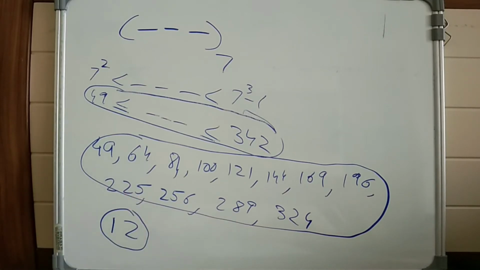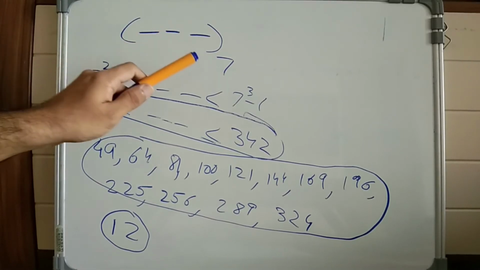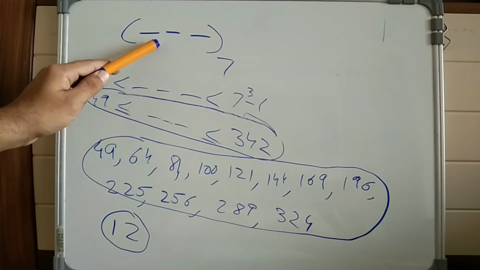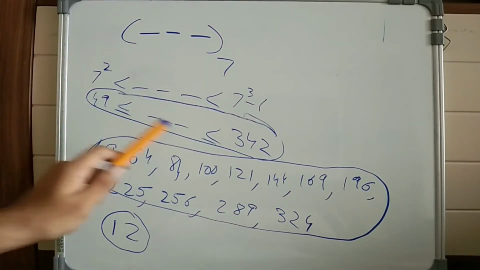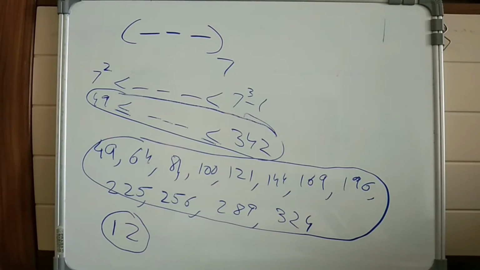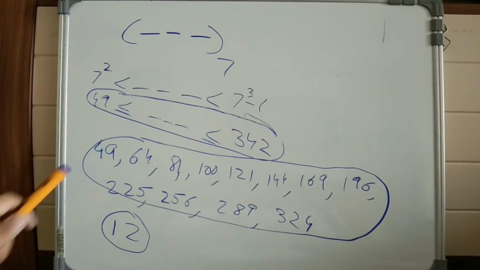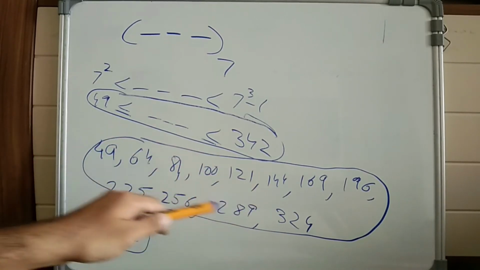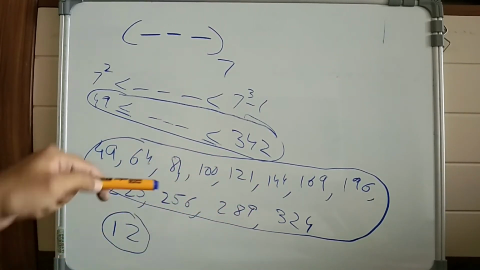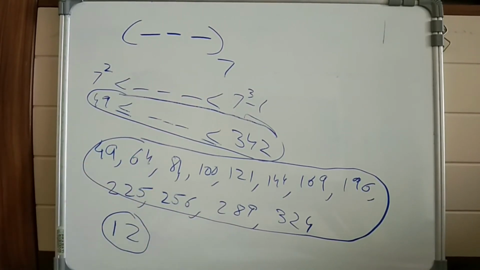So what we have done over here is we need to find the 3-digit number which is also a perfect square and in base 7. So first we converted that to base 10. We found the range, and that range came out to be 49 to 342. We were just working in base 10 instead of working in base 7. So these are the perfect squares, these are the numbers in base 10. If I convert them to base 7, we get correspondingly these 12 numbers which are perfect squares.